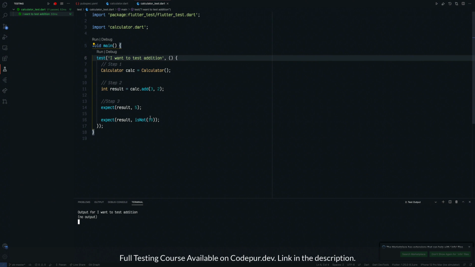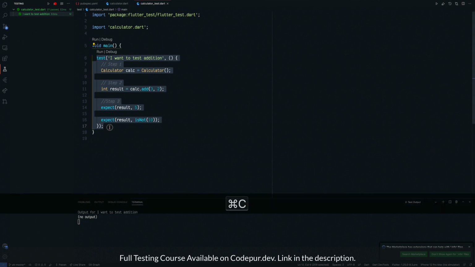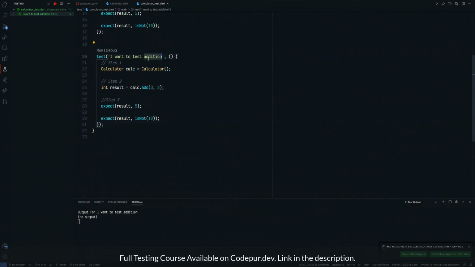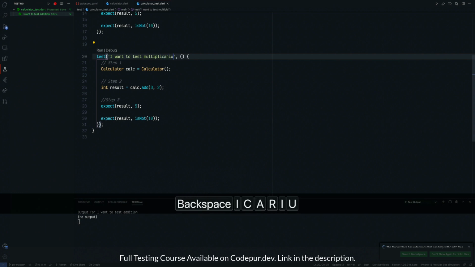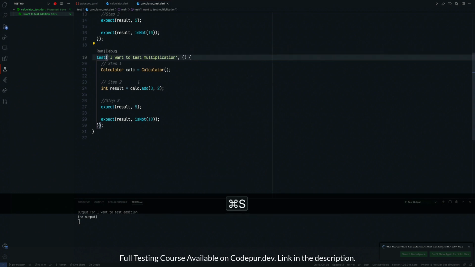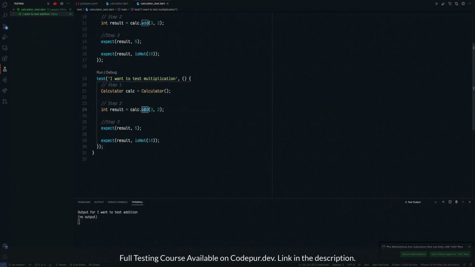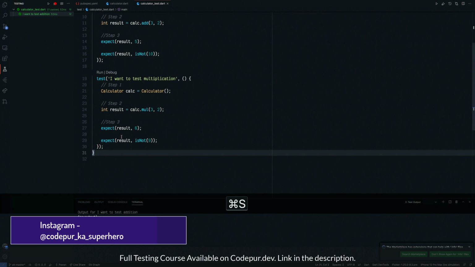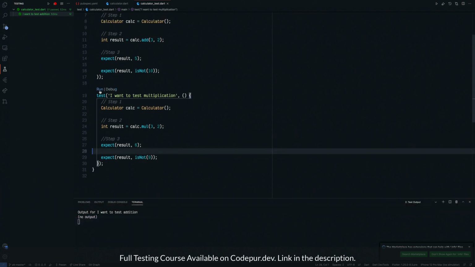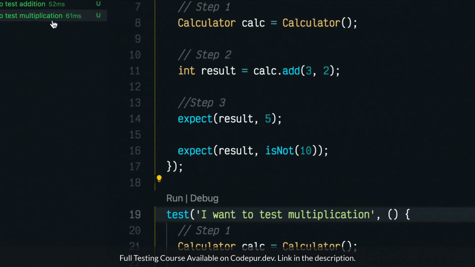Now let's try to write another test, for example for multiplication. I will say multiplication and change some values. We have the instance over here, which is fine. Rather than addition, we will say multiplication. This time 3 into 2 should be 6, but it should not be 9, for example. You can write anything over here. Now let's run this particular test and see what happens. Again, you can use the terminal if you want, and we will see some real case scenarios as well in a while. You can see the multiplication test is done, and it took 61 milliseconds,